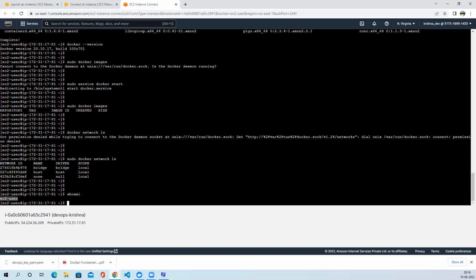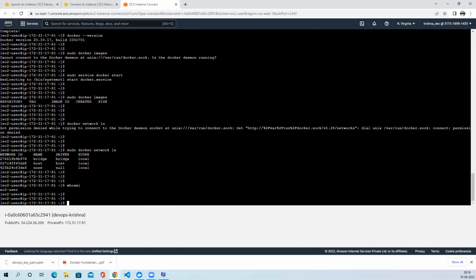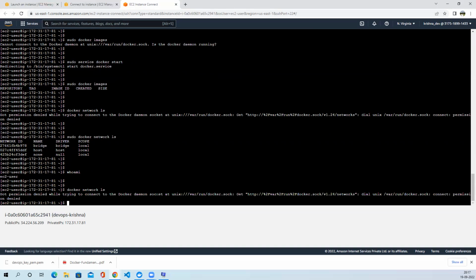Whatever Linux commands I taught earlier, all these Linux commands will work here. Copying the files and moving the files, everything. So next,